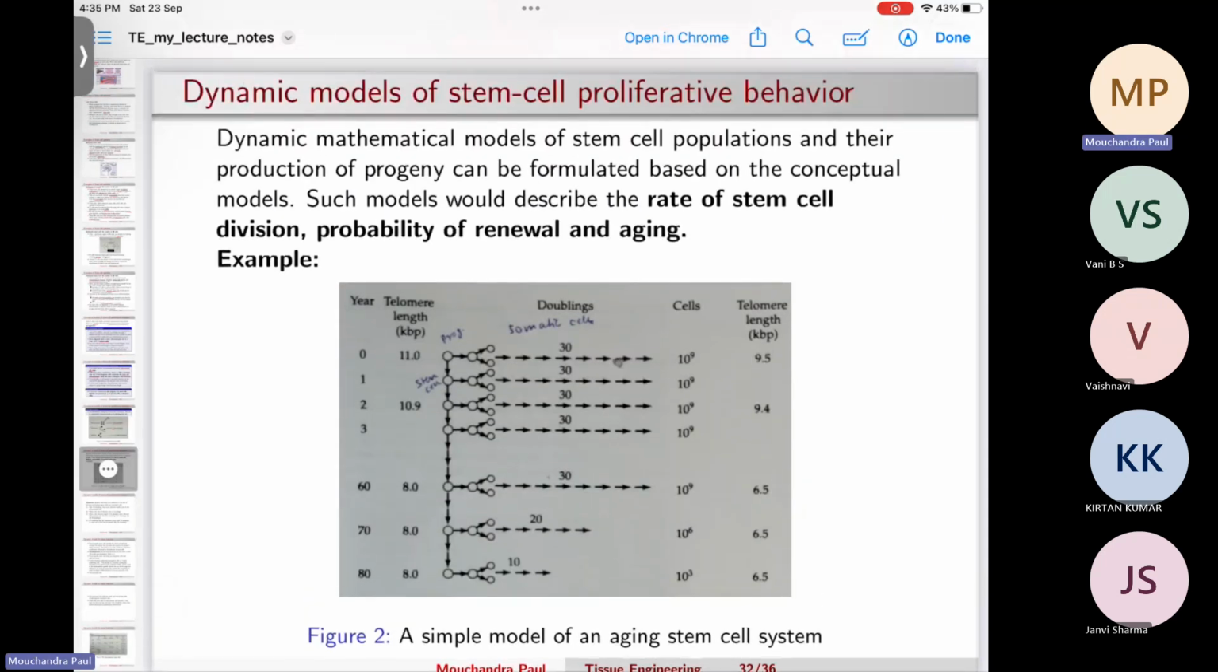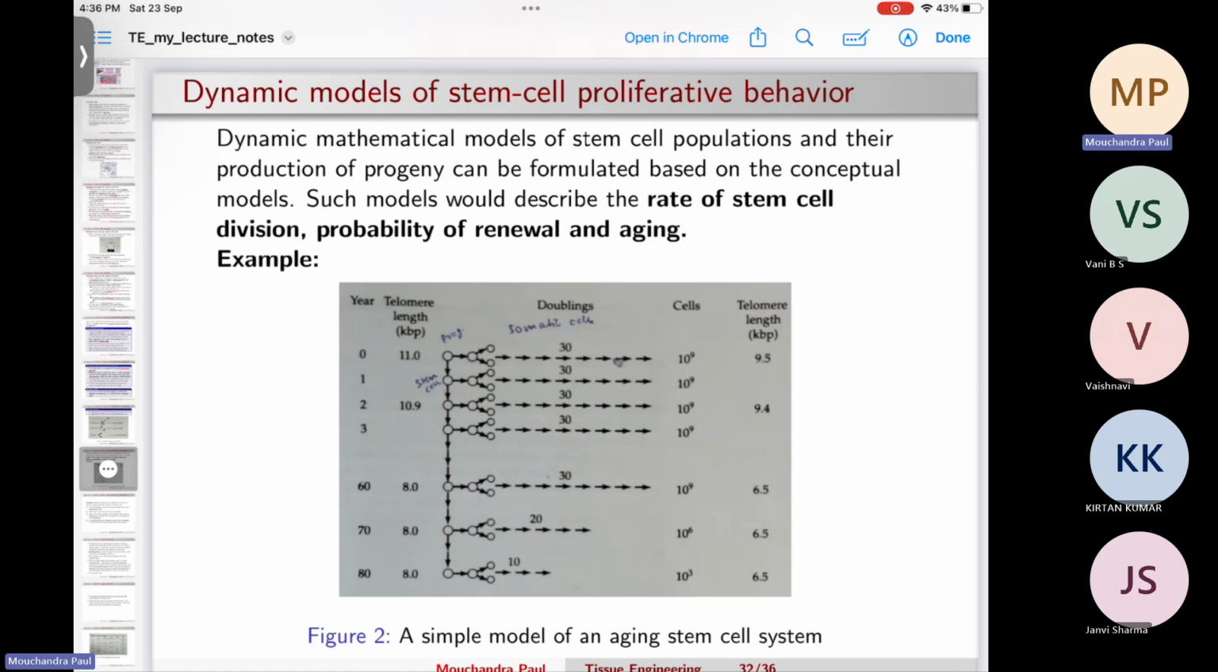Now this is the problem part where I was talking about that I will be doing one small example based on how the stem cells are dividing. So based on the concepts that we studied so far, the 3 models, we can formulate mathematical models to describe the stem cell division or the rate of stem cell division, or what is the probability that one stem cell will remain and replenish the reservoir, means renewal,